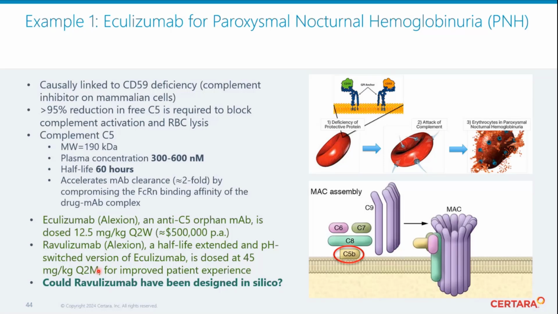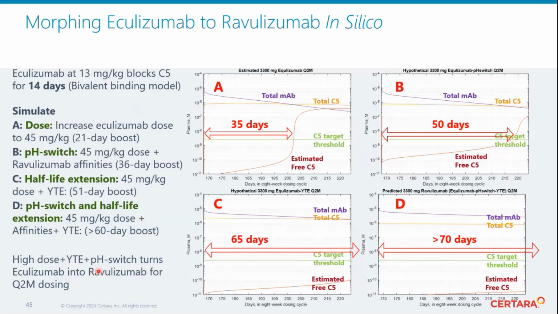Now, from the modeling perspective, the question was, could we have predicted the parameters required from first principles only, without spending 3, 4, or 5 years in the lab? Could we have just put it down and described what kind of properties you need to have to reach this kind of dosing interval?